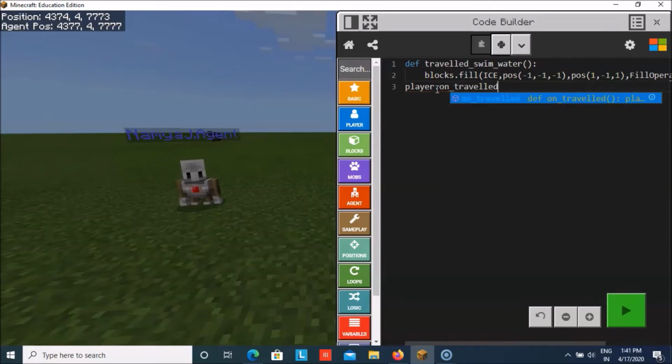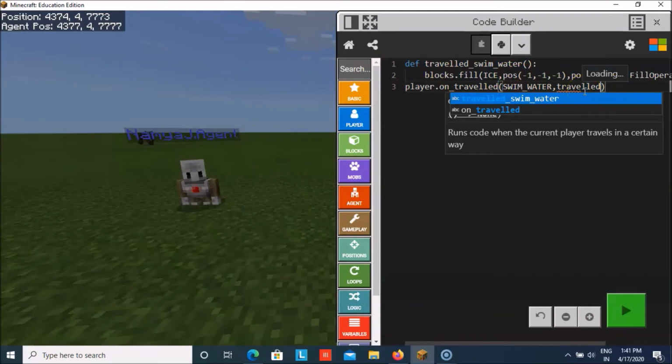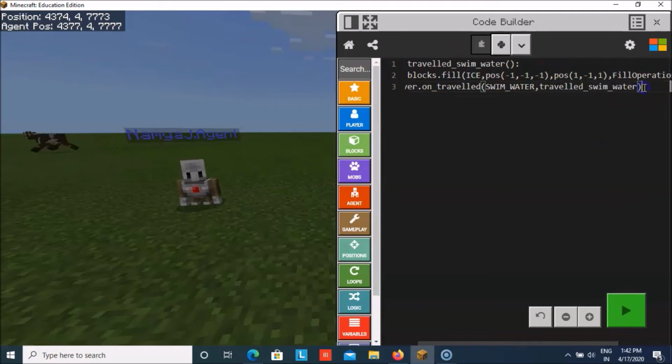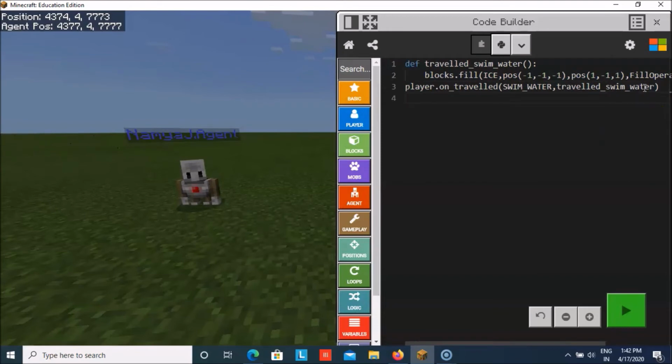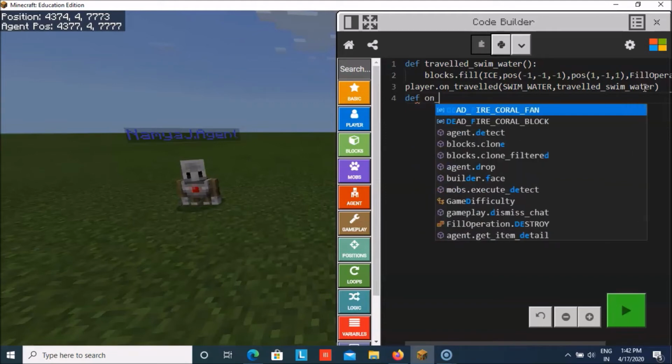You have to write an underscore because it's a kind of function over here, and swim in water, that means it will be swim underscore water, comma traveled, because we took that here, so we're defining it here again, traveled underscore, and then we'll go here, and then we'll define on chat. That means whatever we write in chat, it should run. So we'll write define on underscore chat